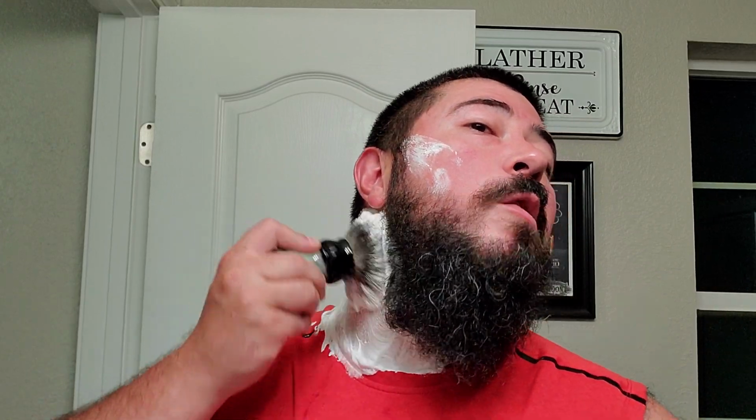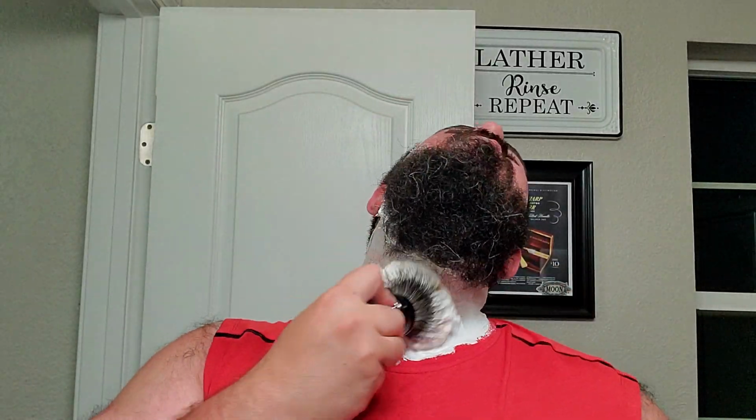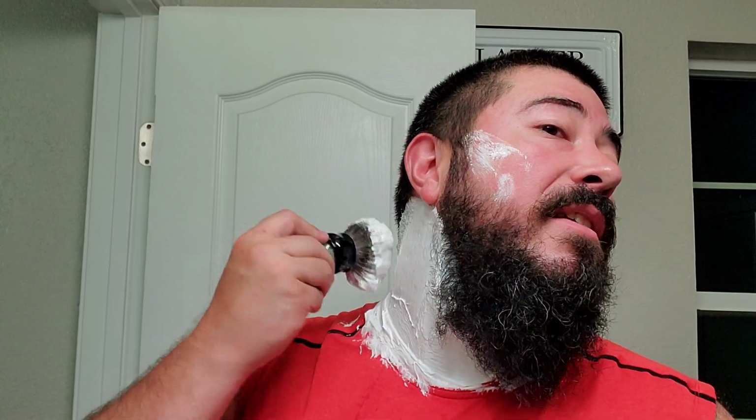We're going to add some more water. I'm fairly positive I loaded heavy, but we still got to go through the steps regardless. Like I said, not a face latherer, so if I botch this up, just because I don't have a ton of experience as of late. I do face lather from time to time,